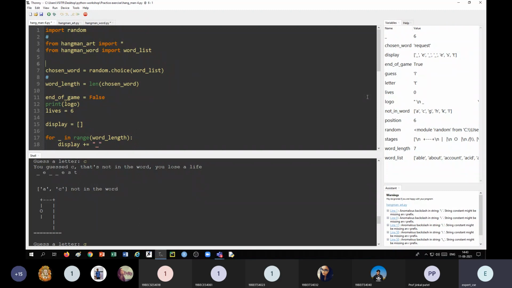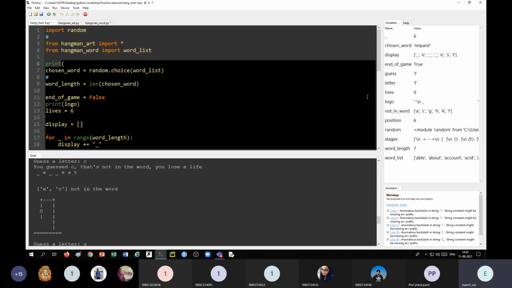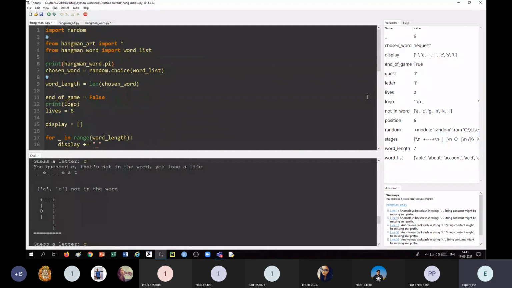I have to write print of Hangman word dot py. Otherwise it will give an error because we have imported only word list from Hangman word. So if we write star here, then I can write py.